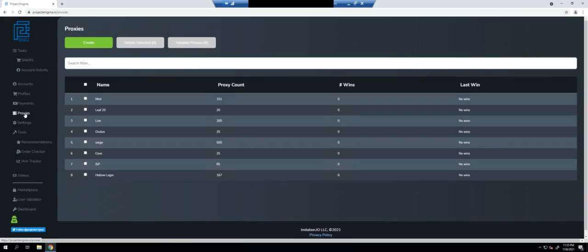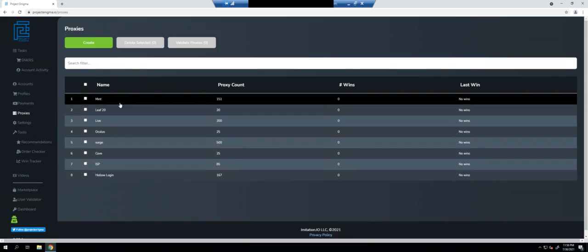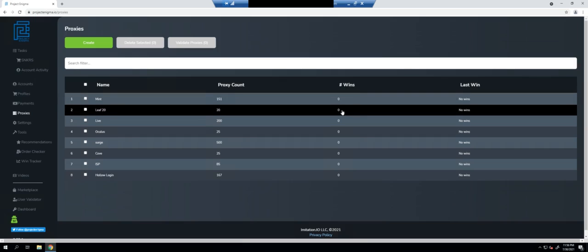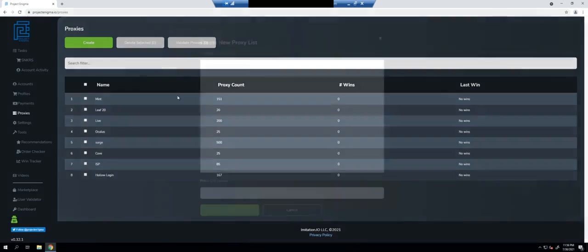Proxies, as you know, when it comes to botting, you need proxies. I just loaded these proxies not too long ago to test some of them. It'll show you the proxy count, how many proxies are in that list, the name that you made, number of wins, and last win. Very helpful if you want to see where proxies are hitting, which ones aren't, so you can filter out the ones you don't need or the ones that don't hit. As you can see here, you just load the proxies, you hit create, load them here, and give a name